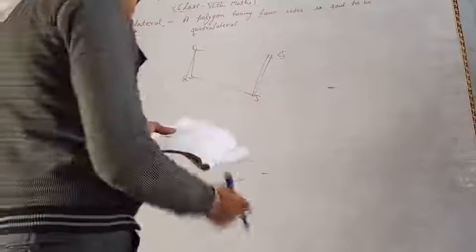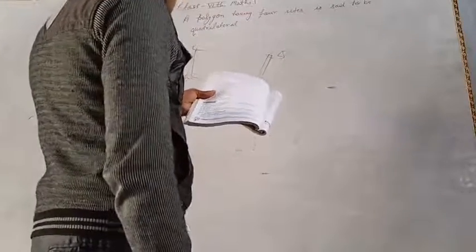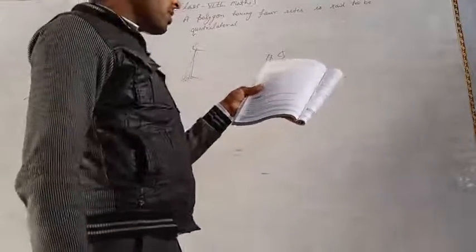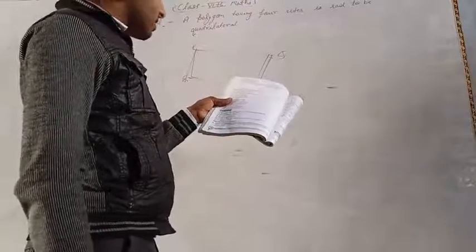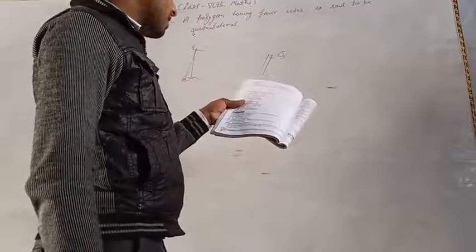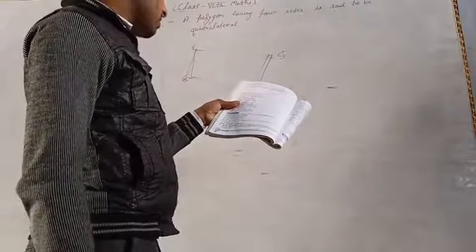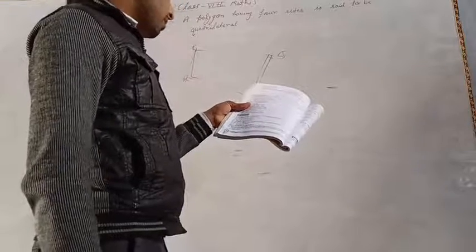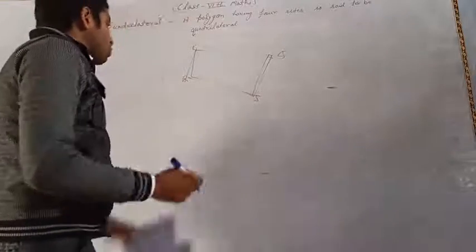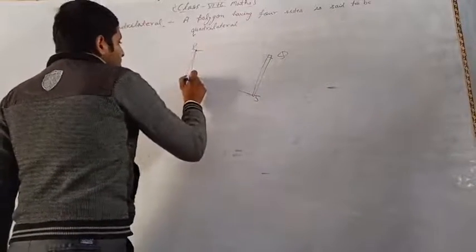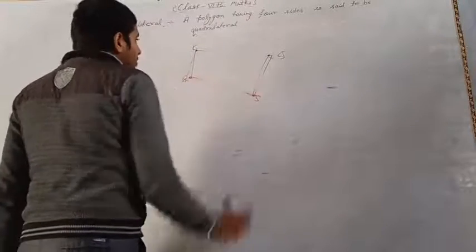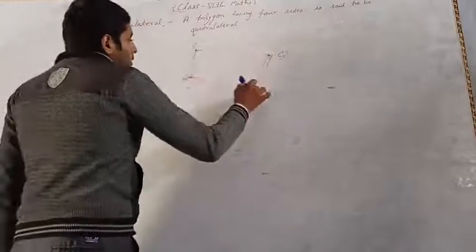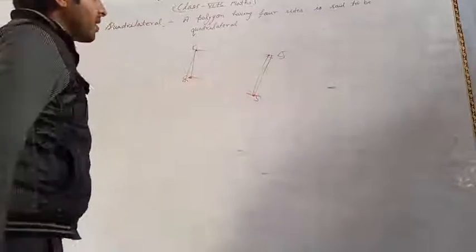Also in your book this is given that a polygon with four sides is called a quadrilateral, or a simple closed figure bounded by four line segments is called a quadrilateral. The adjoining quadrilateral ABCD has four vertices, that is A, B, C and D. Here four vertices are also included in this polygon, P, Q, S and R, or P, Q, R, S.